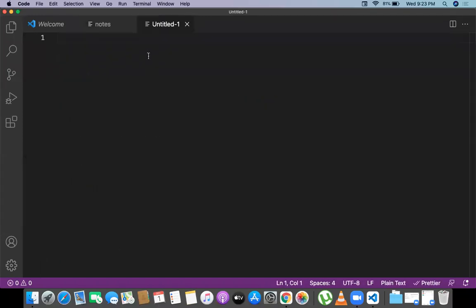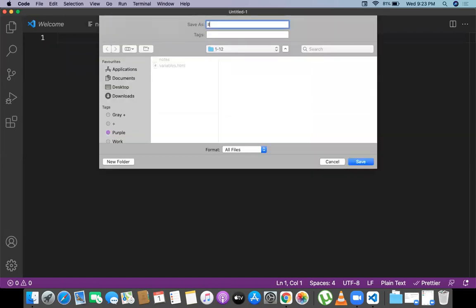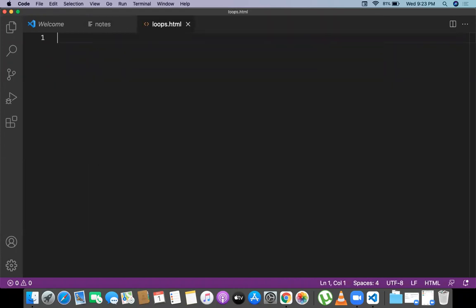There are multiple kinds of loops available. Let me write a script here in loops.html, and the first one is the while loop. How to write a while loop?